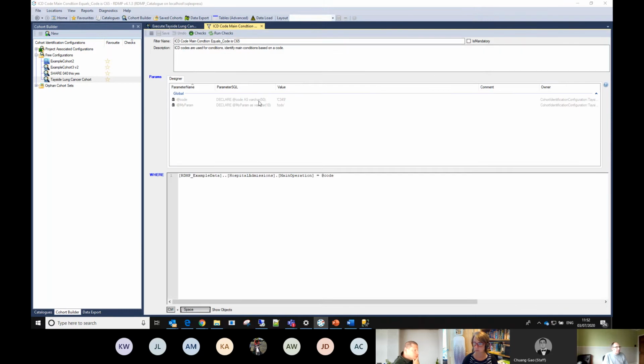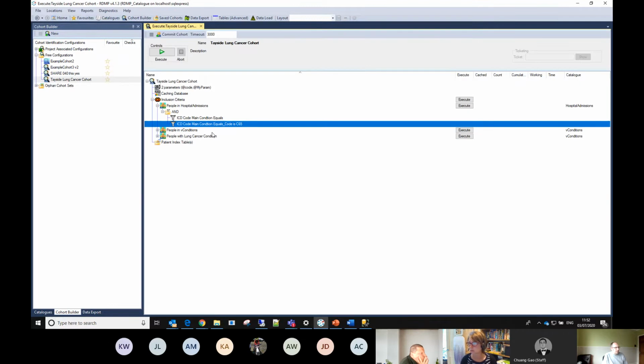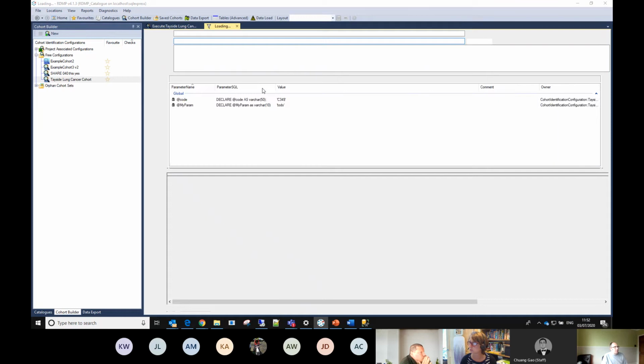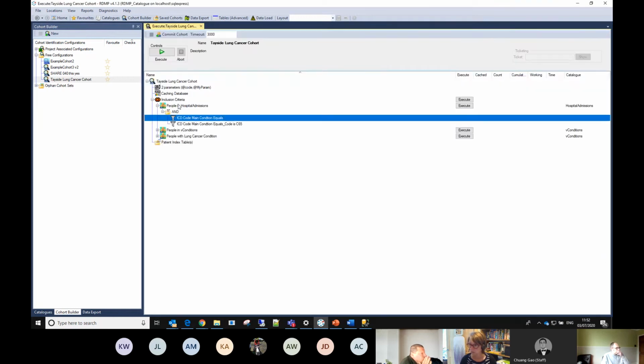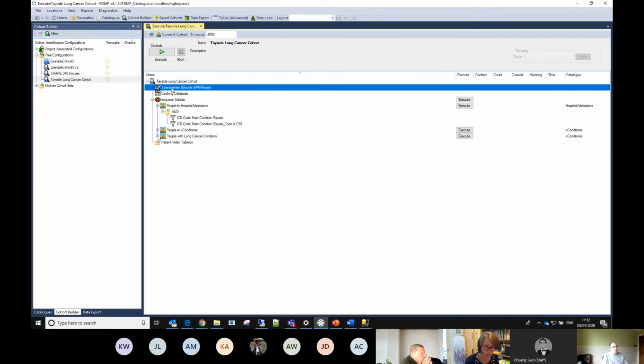So again, we can see here the same code has been pulled in, C349. Similarly, I can't edit it and it's grayed out, and that's because it's escalated to this parameter level. What that means, and I've obviously used this demo instance for someone else, unfortunately, so I apologize for that, is that we're demonstrating the fact that we're only setting C349 once, and it changes it more than once. It's a parameter, and that's what this section up here is about, parameters.